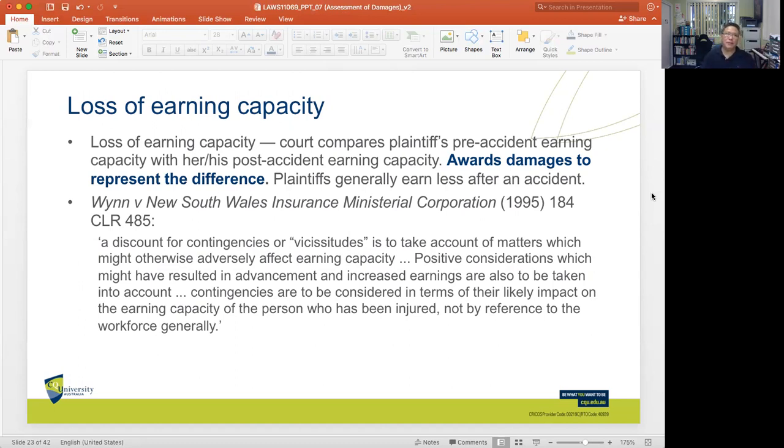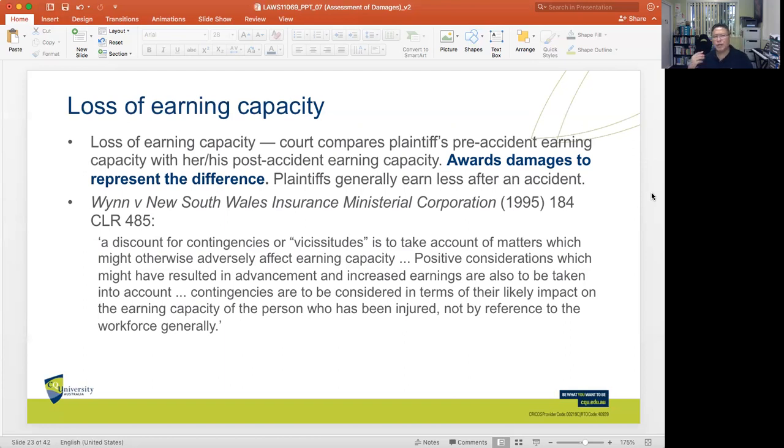But because of the accident, maybe the loss of limb, the loss of vision, becoming a quadriplegic, or suffering from depression or PTSD or some other difficult psychiatric condition, the plaintiff can only work part-time or work in particular scenarios, which would mean there is a change in the earning capacity. The courts would then award damages to represent the difference between the pre-accident earning capacity and the post-accident earning capacity. Because what typically happens is that, as we know, after an injury, the plaintiffs generally earn less after an accident because of a diminished physical and mental capacity.